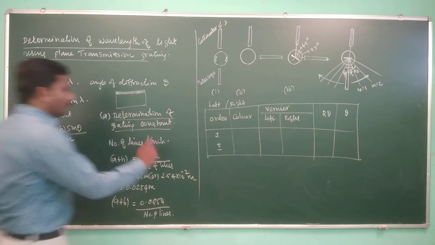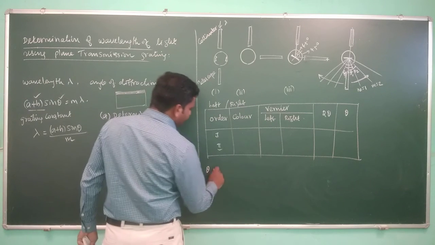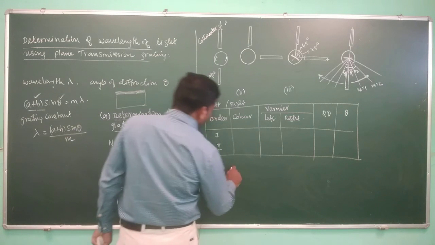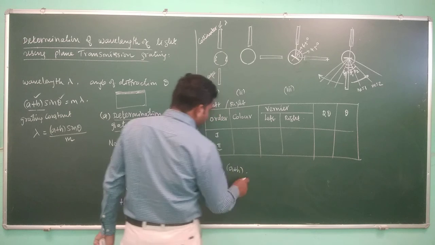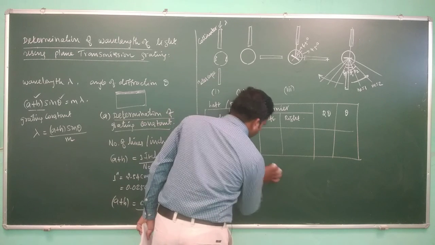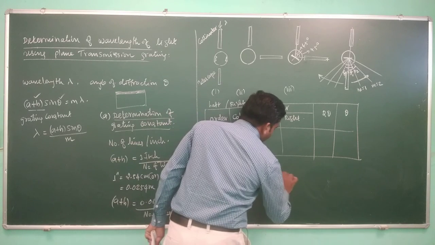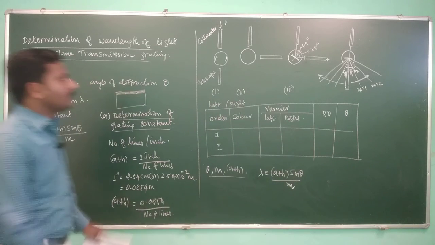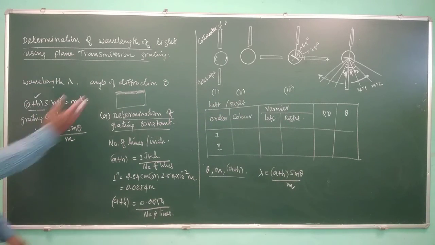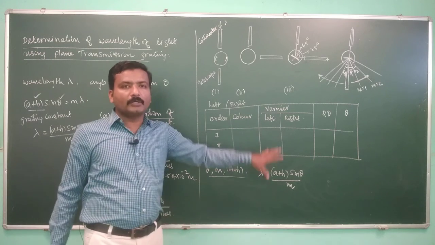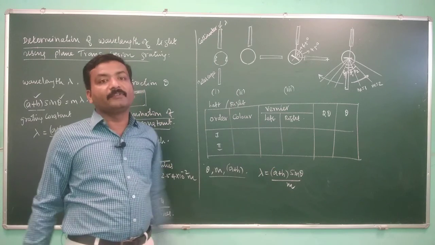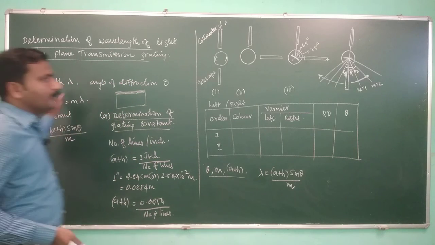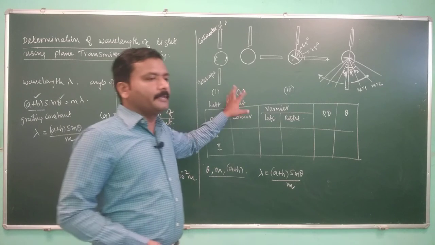Applying the value of theta, calculated for which order of the diffracted light, and the grating constant, if we know all this, by substituting into the equation (a plus b) sin theta equals m lambda, we can calculate the wavelength of the monochromatic light source, or the wavelength of a particular color of a white light if it is given. So this is how we can calculate the wavelength of a light source using the plane transmission grating. It is a simple spectrometer experiment.